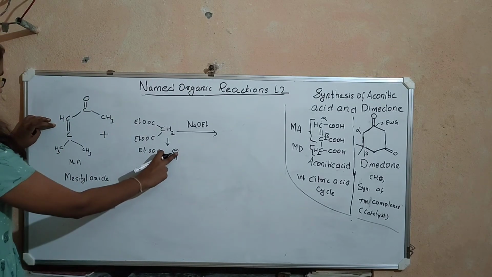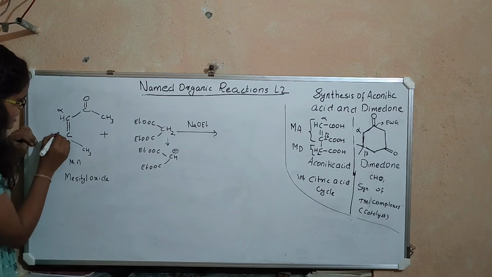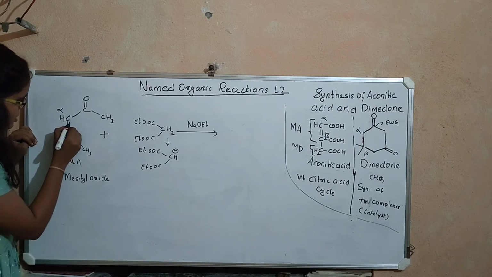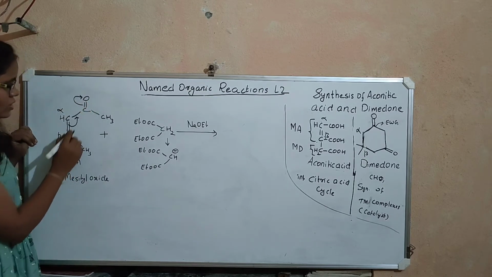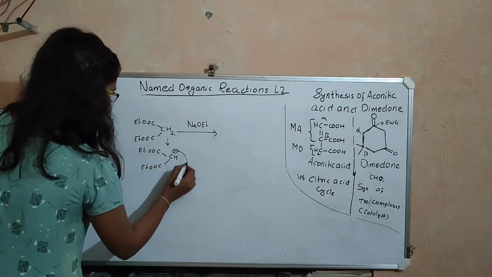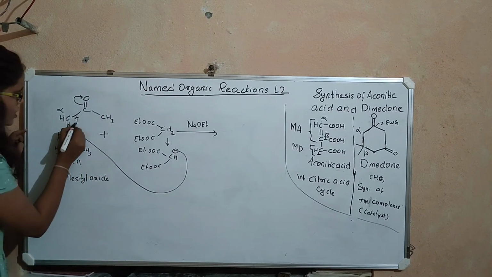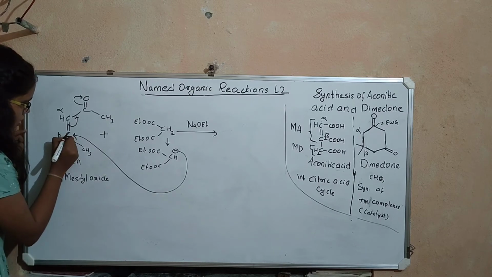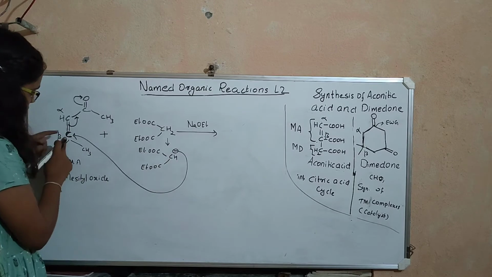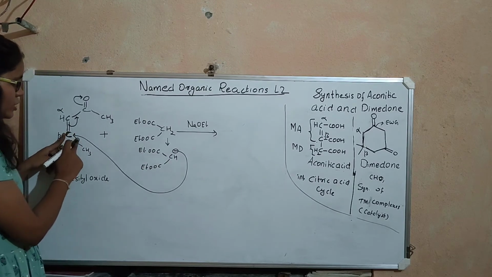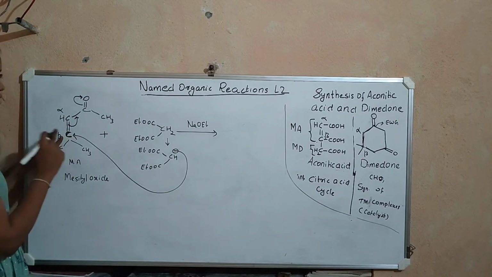So this carbanion will attack this beta carbon, right? This is the alpha carbon and this is the beta carbon. This bond will shift here. This bond will shift onto this oxygen, and this carbanion will attack this carbon, okay? Because after shifting this bond, the electron density of this carbon decreases. Therefore, it becomes a center for attack of a nucleophile, okay? So this nucleophile will come and attack this carbon.